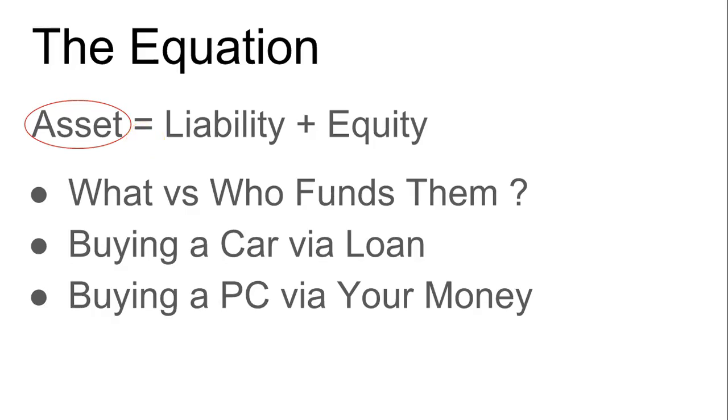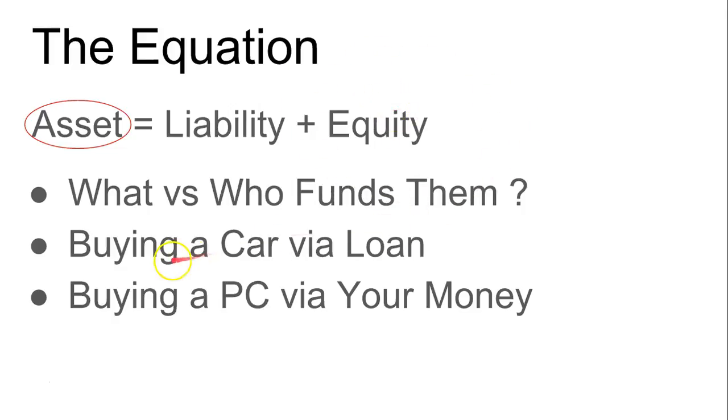To highlight where the asset lies in the equation, assets equal liability plus equity. To break it down, assets are either financed via a liability or equity. Liabilities are loans that the business takes from outsiders, while shareholder equities are an injection from its owner so as to buy an asset. So over here we can see that assets are the items which have been bought by the company, while who funds them could be either a bank or the ultimate owners.